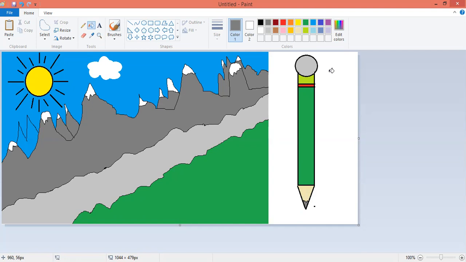So your homework for today's class is, you need to draw a pencil, the same pencil, or you can change the size or the shape of the pencil. After making the pencil in Paint, take a picture with your mobile or a screenshot on the computer and send it to me by mail. Whatever pencil you make, give it a try. If you don't want to make a pencil, there is an easier option: you can make any shape in Paint and send me the picture of that shape.